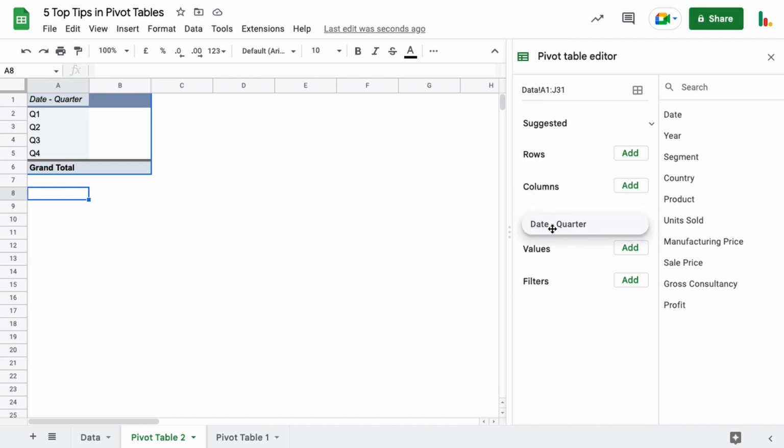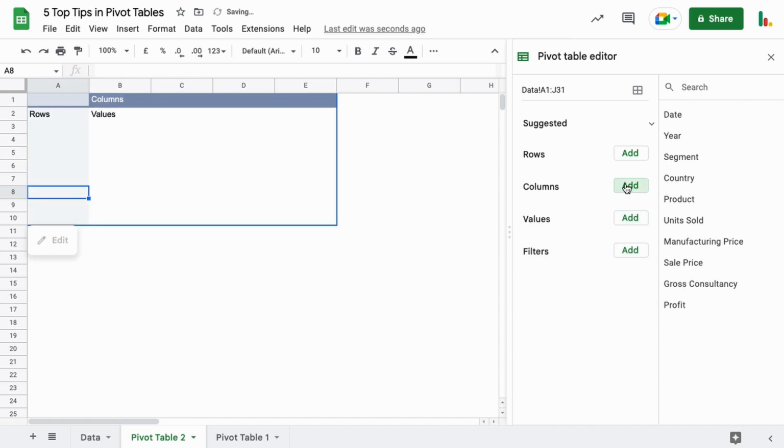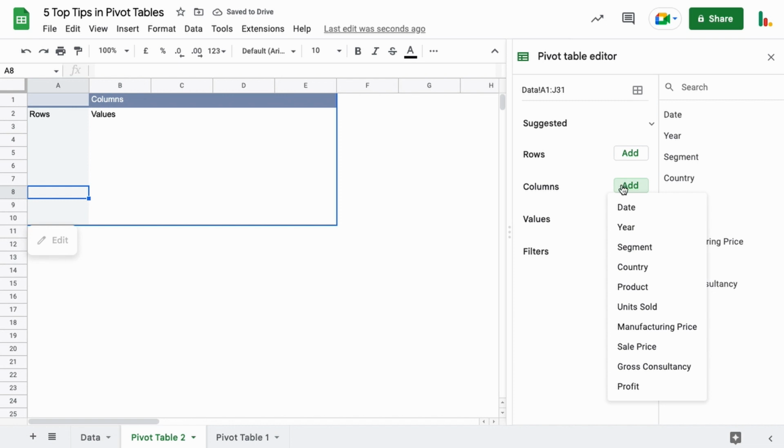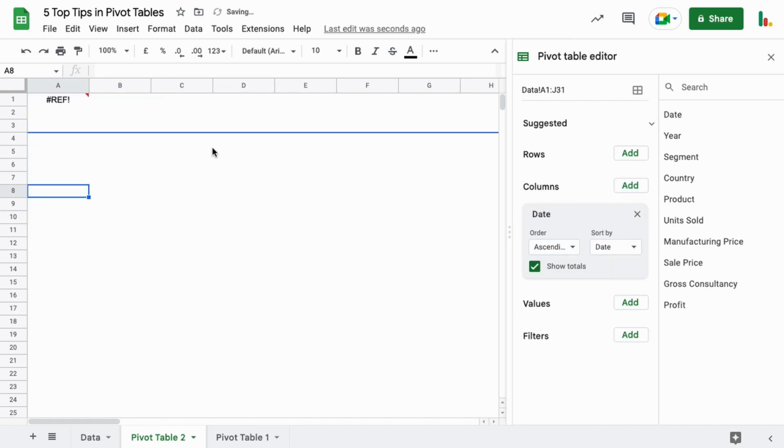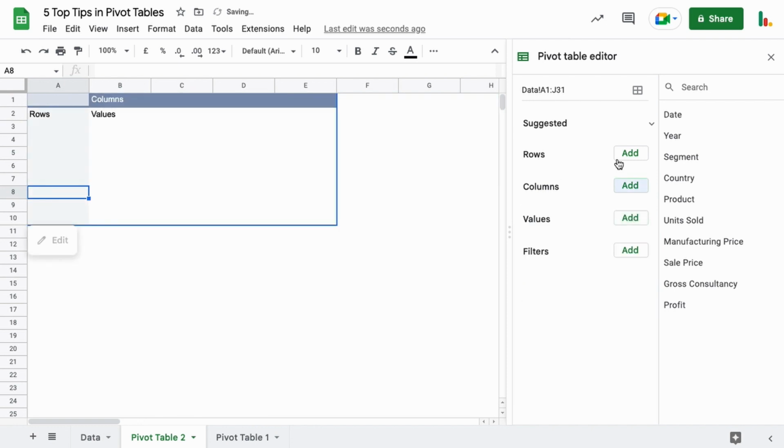So if we just pop this in here, and that's what we get along the top here. Now if I just undo that and we put that straight into the columns here, it will work because I don't have too many columns. There was only around about 30 or so. If you've got hundreds or thousands of rows of data in your main data, it won't work like this. So the way you have to do it is to initially set it up as a row,